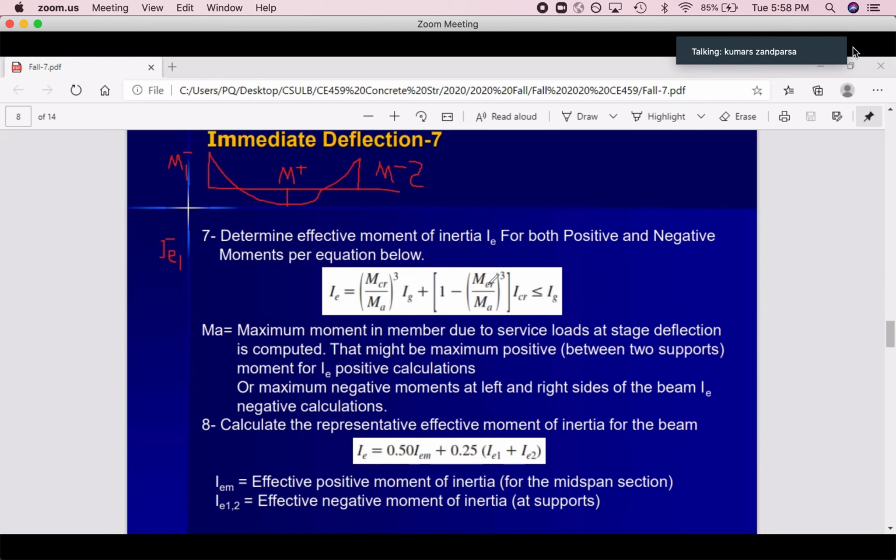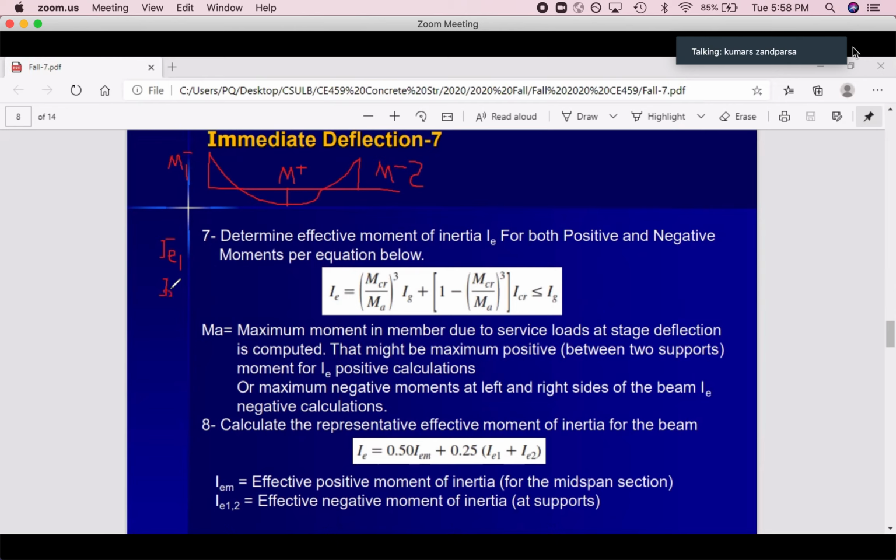This one can be foot or whatever you want because this actually has no unit. M divided by M has no unit, so it's not that important. So MA is this maximum moment positive. IG for the positive moment. I crack for the positive moment based on the rebar that we have here. Calculate this, find IE